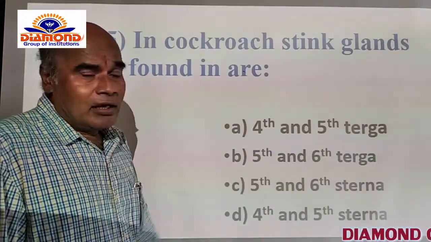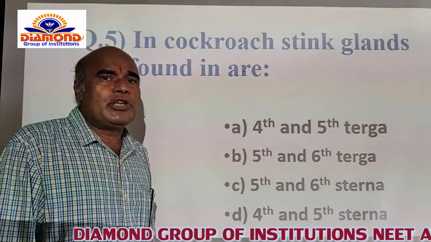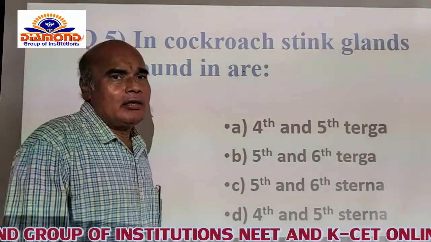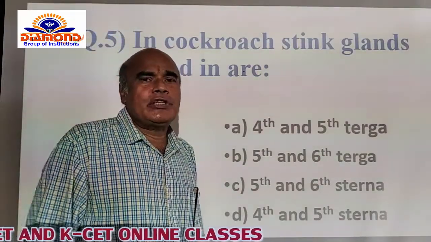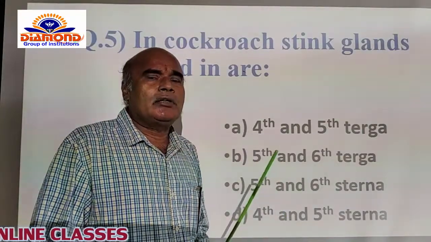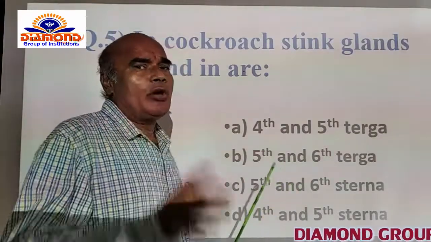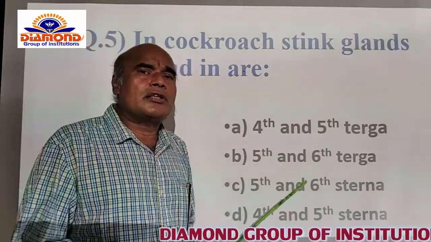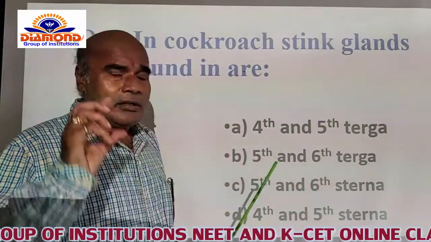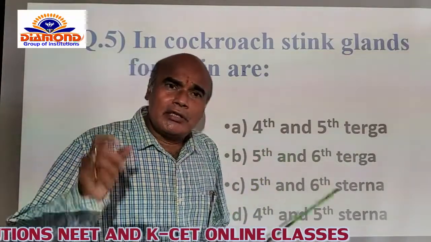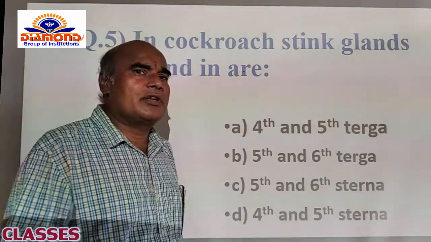You know that the body of the cockroach is made up of 20 segments. During embryonic development, 6 segments are united to form the head part, and 3 segments are fused together to form the thoracic part, and 11 segments are present in the abdominal part. When the cockroach attains the adult stage, only 10 abdominal segments are left in the body. So each segment of the body of the cockroach is made up of, or constituted by, 4 sclerites.